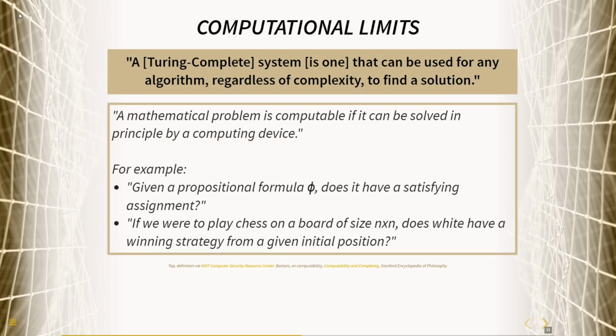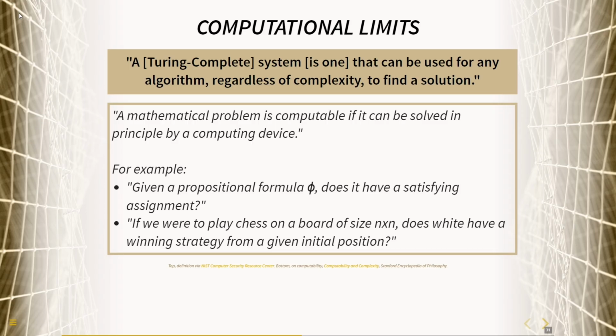But one of the biggest challenges with expert systems, right, the core challenge with rule-based expert systems, is a concept known as computational complexity. And that really helps us think about what the challenges are with the representational capacity of machines. So in this particular quote at the top, the phrase Turing complete is used to describe systems that can represent anything, so to speak, right? And mathematical problems are considered computable if they can be solved in principle by a computing device. But a combinatorial explosion happens in complexity when you start to actually try to represent everything, everywhere, all at once,